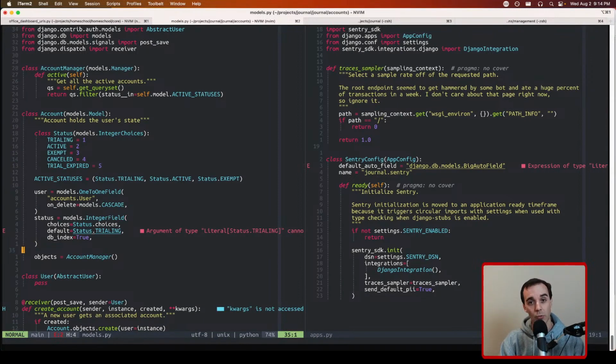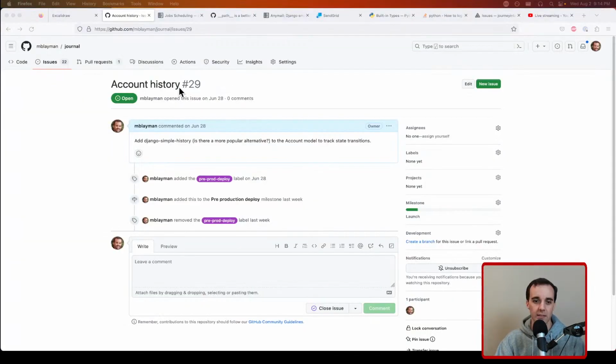So there are tools that you can use, third-party packages, that will give you access to that history information. And I think they have different strategies for where to store that information, because it's extra data that is not going to be naturally stored in any particular database table. So they handle this in different ways. The one I have used in the past is called django-simple-history. So let's take a look at